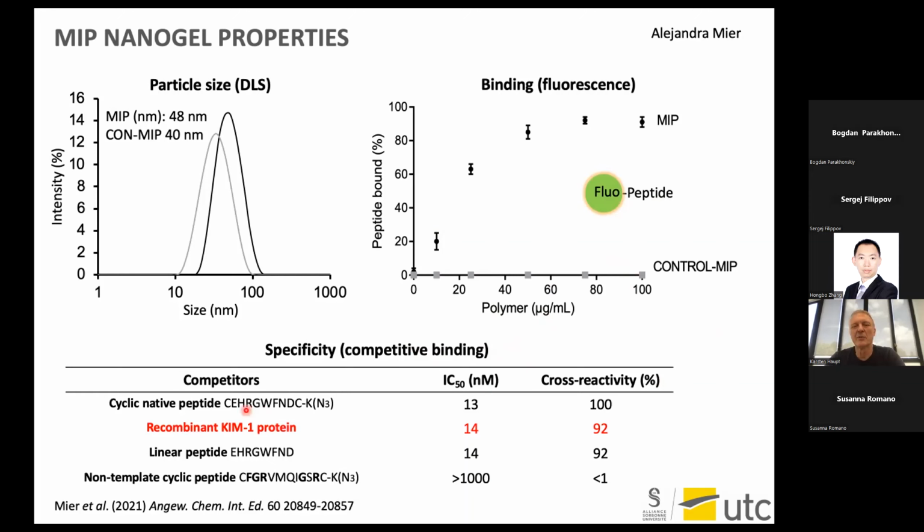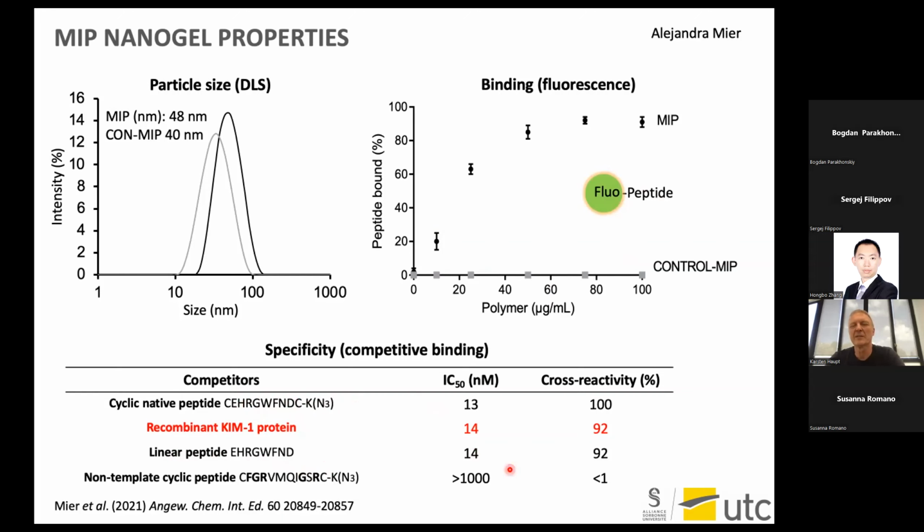So what we will do is we will keep the concentration. We will again use the fluorescently labeled peptide, and we will keep its concentration constant. For example, I don't know, in a low nanomolar concentration, 4 nanomolar, something like that. And then we will also add a certain amount of molecularly imprinted polymer, which will also be constant. And then we add, in addition, non-labeled peptides or the whole protein or other peptides in order to see if